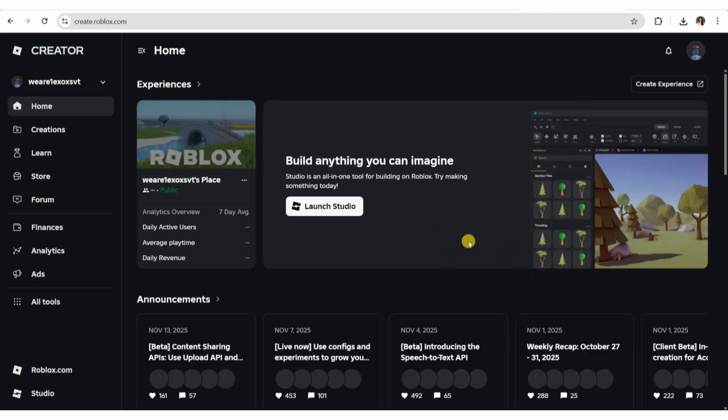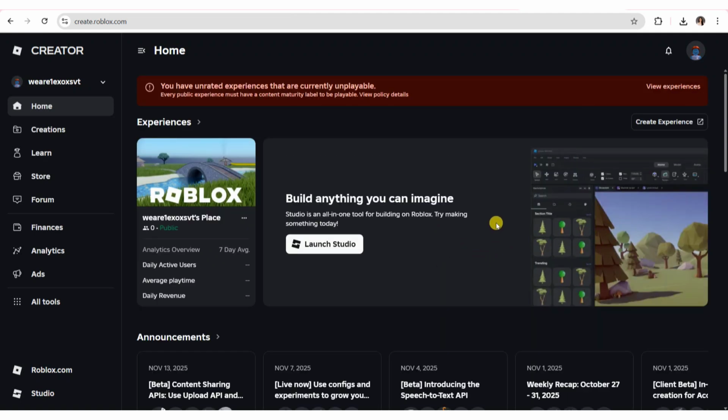How to get Game Pass link in Roblox. In this video, I'll show you how to get Game Pass link on Roblox. So to get started, go ahead and head over into Roblox Create and then log into your account and then